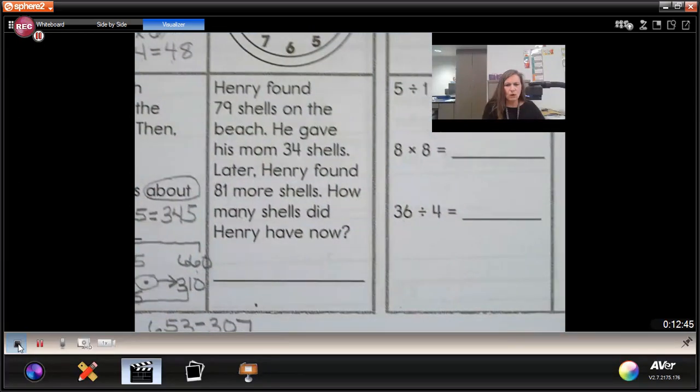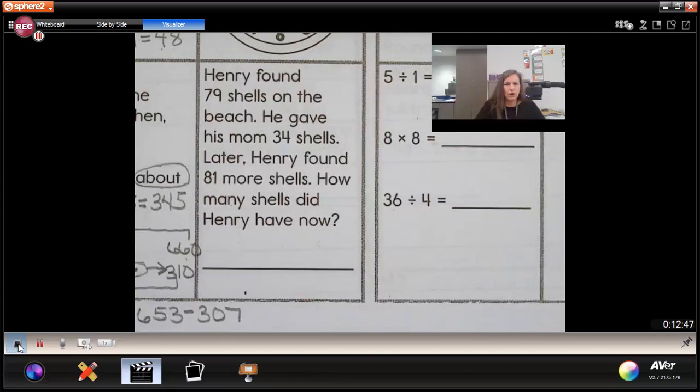Let's take a look at our word problem for today. Our word problem says, Henry found 79 shells on the beach. So that's his total, right? That's how many shells he found. He gave his mother 34. So what's happening there? When you give something away or give something up, are you adding more